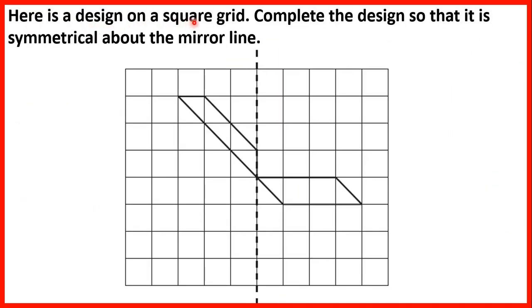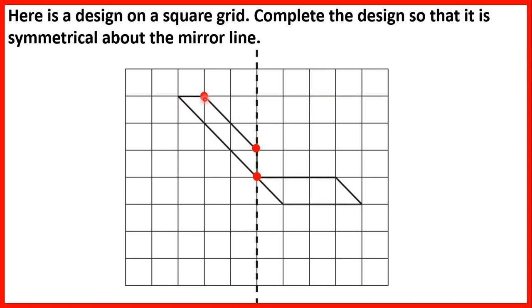Here is a design on a square grid. Complete the design so that it is symmetrical about the mirror line. So if it's symmetrical, that means it's reflected so that we have the same on both sides. And the way to do this is to dot our corners of the shapes that we have. So these 2 corners are on the mirror line, so they'll also be on the mirror line when we reflect